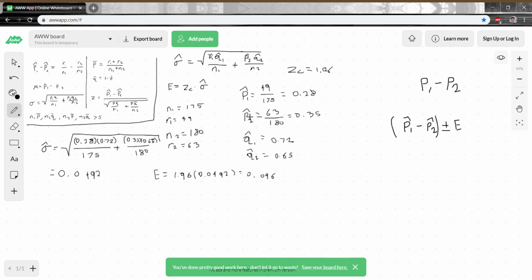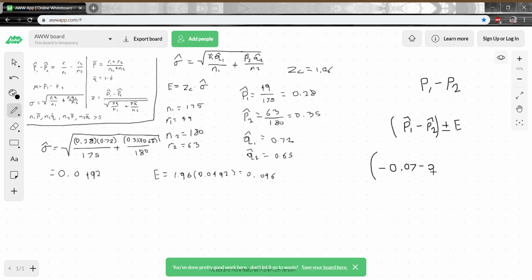We've already calculated P1 hat and P2 hat. P1 hat minus P2 hat is negative 0.07, I believe. Negative 0.07,